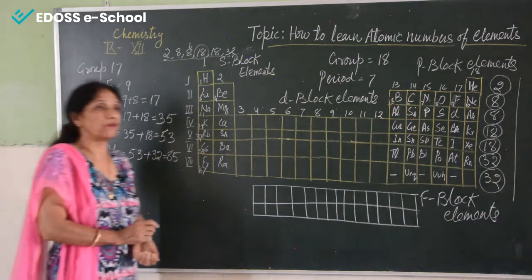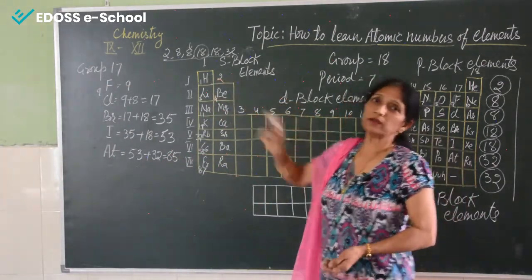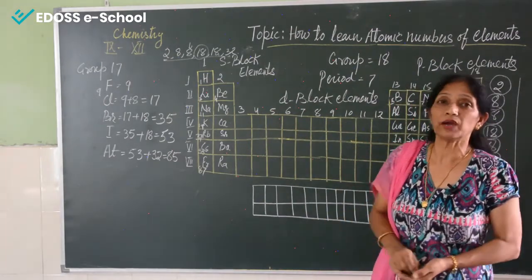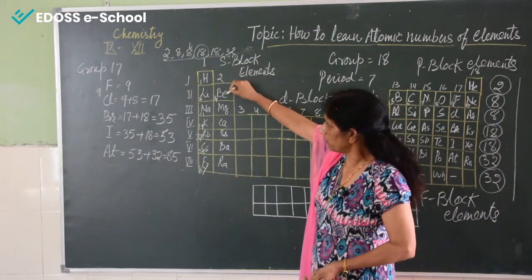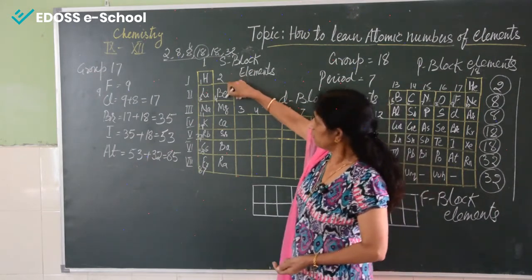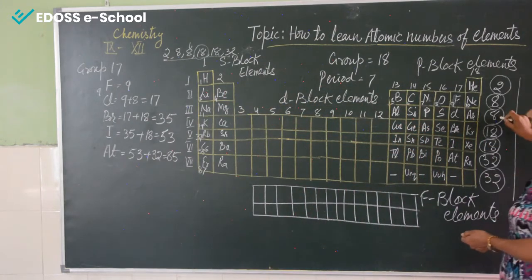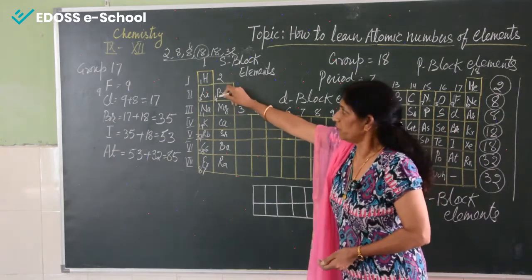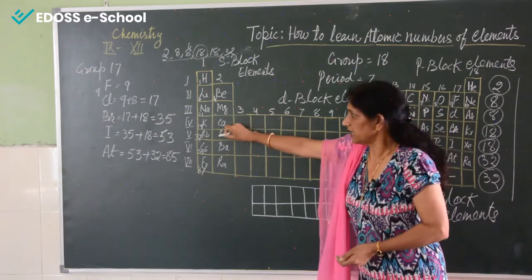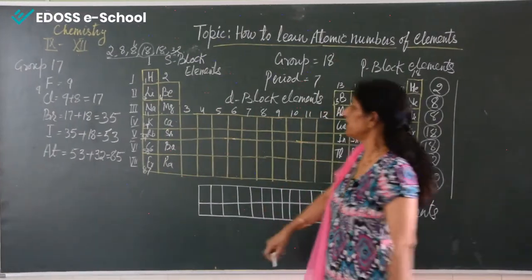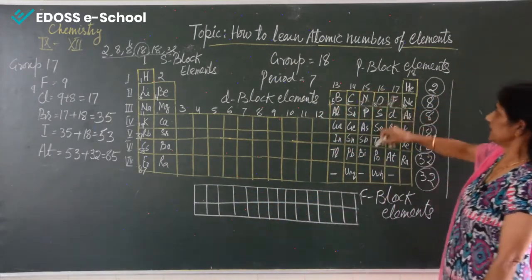But for this we have to know the atomic number of the first element of that group. The same way we can learn all. If you are starting from the second group, from beryllium, we know this is 4, so here you can see it is 8. So we will add 8, so 4 plus 8. Then for this we will add 18, then here again we will add 18, and here we will add 32, and here also we will add 32. So in this way, similarly here.